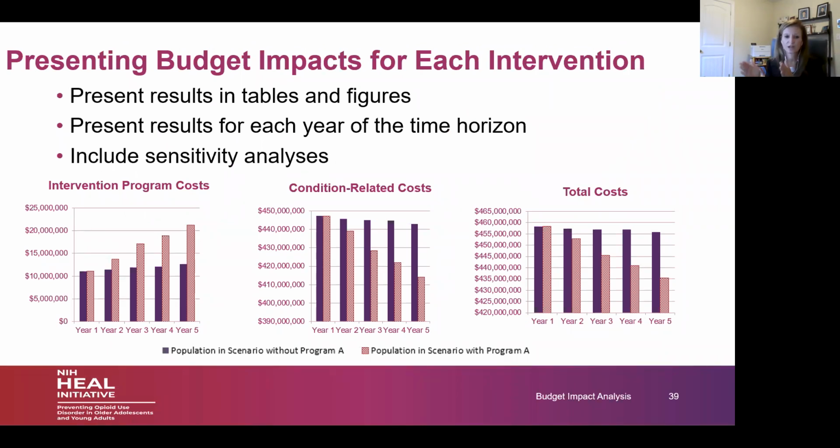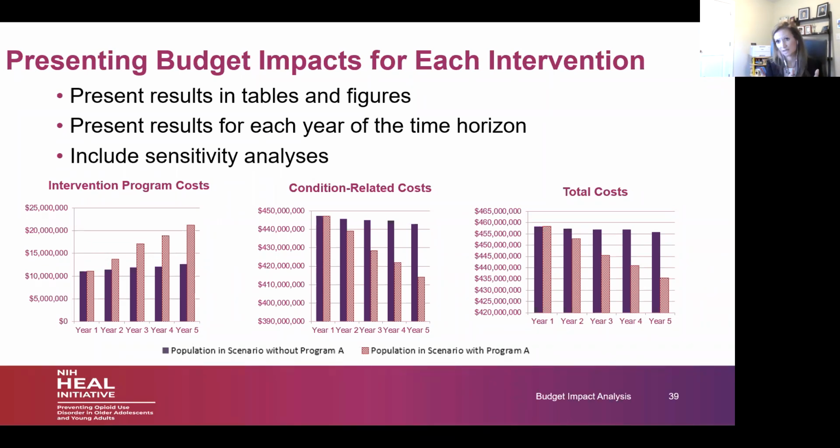So the 3 different graphs here: the graph on the left shows the changes in intervention program costs. The middle graph shows the condition-related costs, and the graph on the right is the total costs. Each of those presents results for each year of the analysis. And then the bars, the solid dark purple bar on the left, shows what the costs would be if